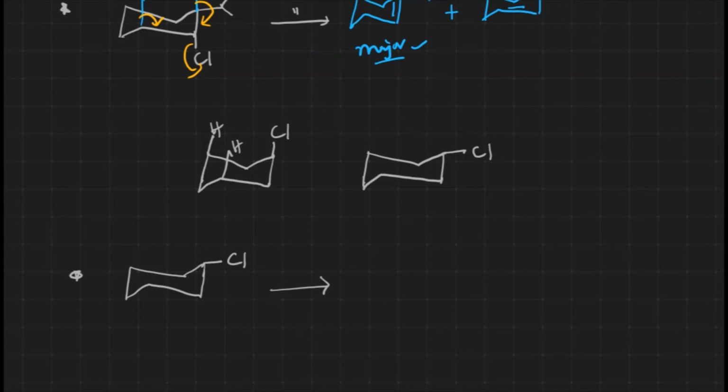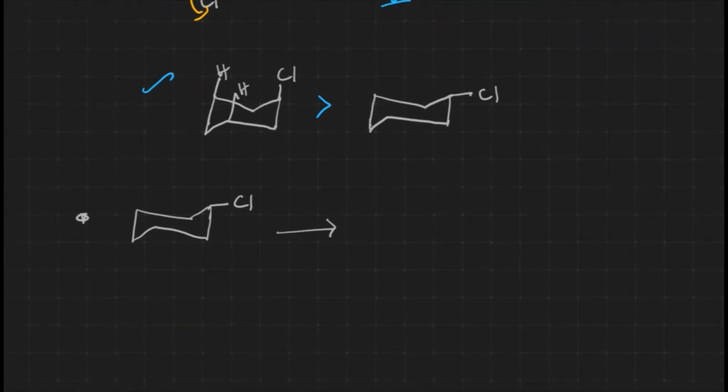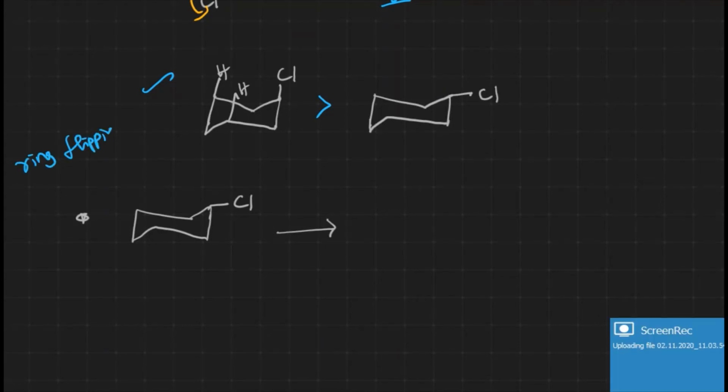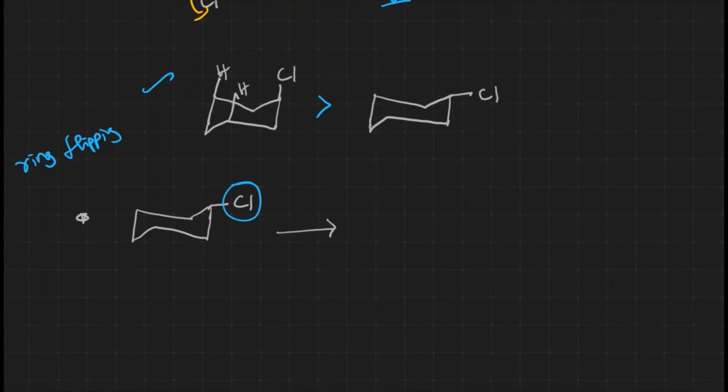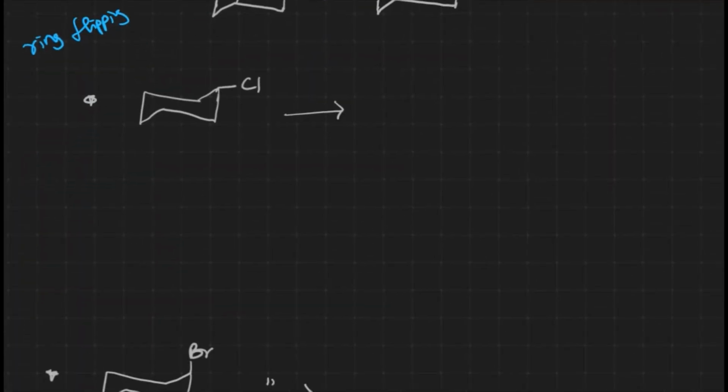Stability is okay. What about the reactivity towards this one, right? We may get confused over there, but this one is more reactive towards elimination reaction. Why it is more reactive means there is a concept called ring flipping. In this ring flipping, what happens? Whenever such groups are there, when ring flipping takes place, let me try to give you some data over here. Instead of writing over there, I'll take it over here. I'll give you the simple data, not the complex one.